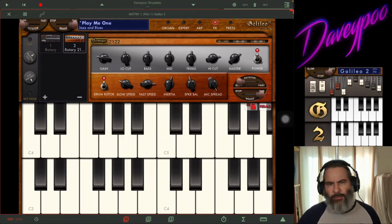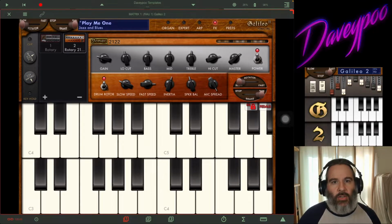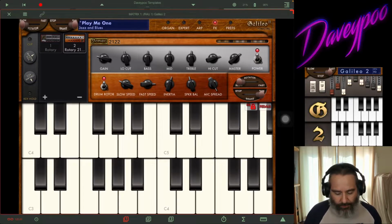By itself, this sounds fine to me. I could jam on this and have a grand old time. I'd get used to it in about 10 minutes and I'd be having a blast. Where I notice the failures in Galileo is when I start to compare it to the others. So